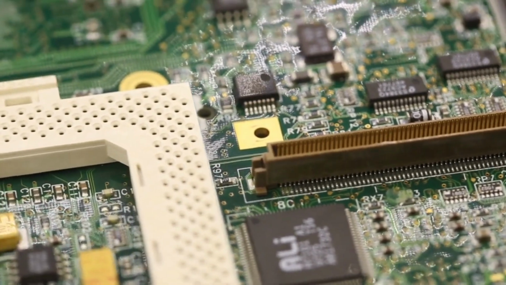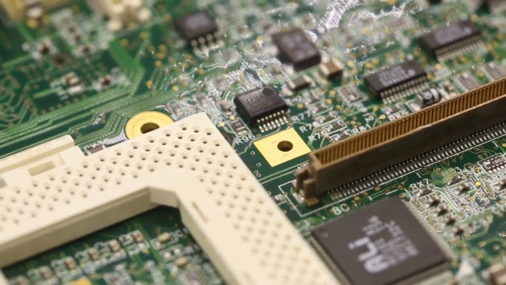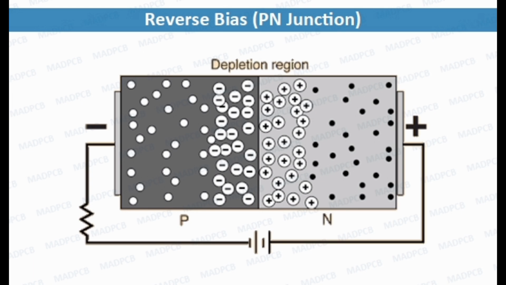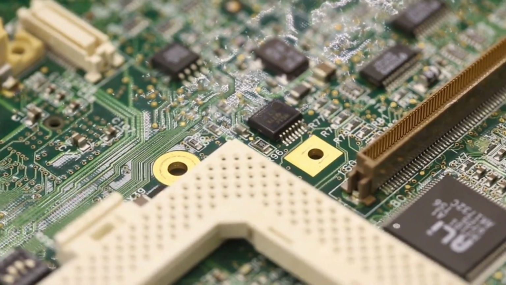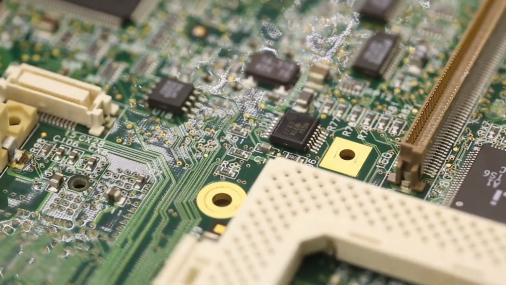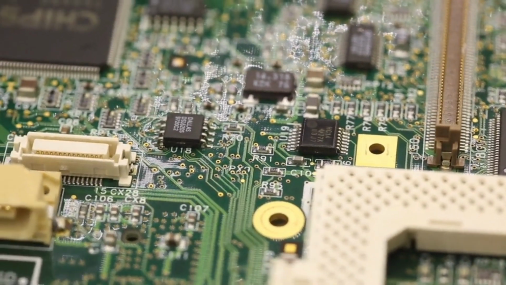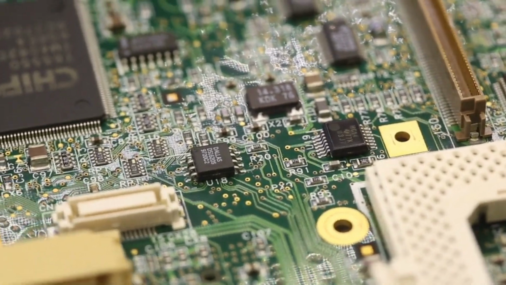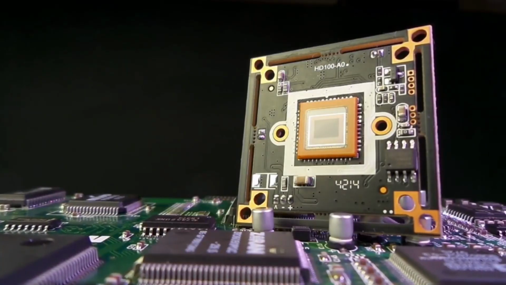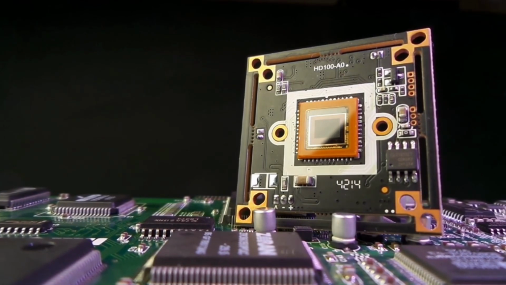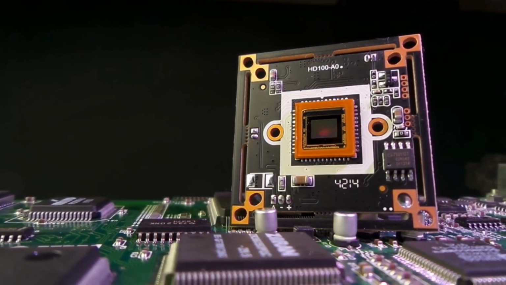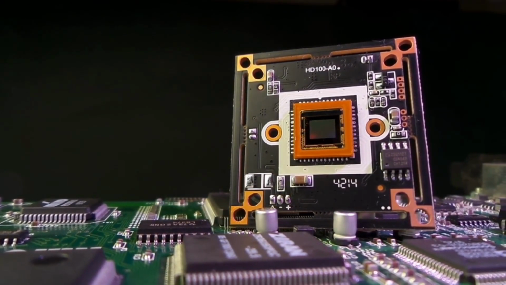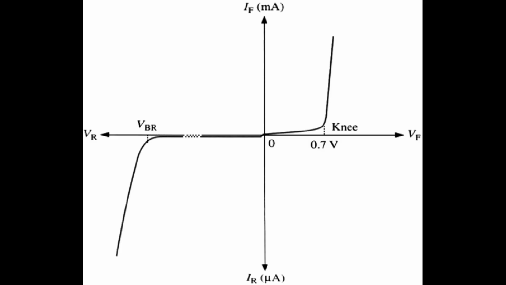Conversely, in reverse bias, positive to N side, negative to P side, the applied voltage adds to the built-in potential. This widens the depletion region significantly, creating a larger energy barrier. Consequently, only a little reverse saturation current, primarily due to the thermally generated minority carriers, flows until a critical breakdown voltage is reached. This fundamental unidirectional current flow makes the diode indispensable for applications like rectification, converting AC to DC,